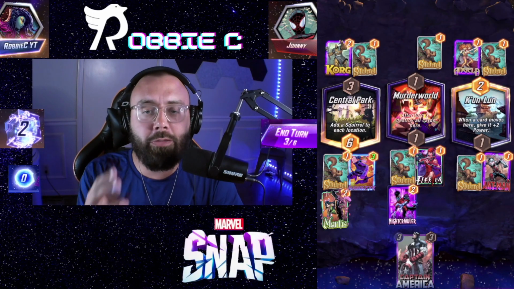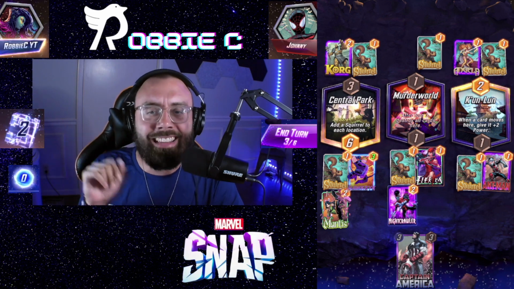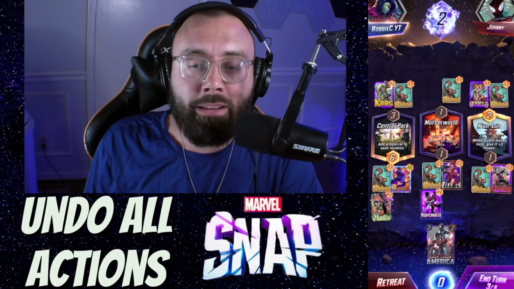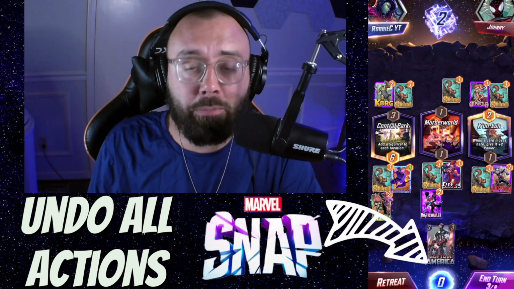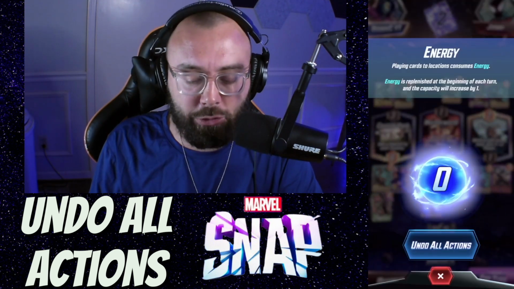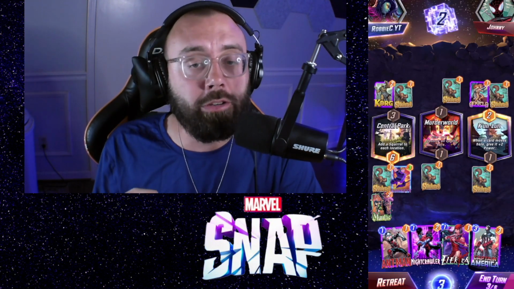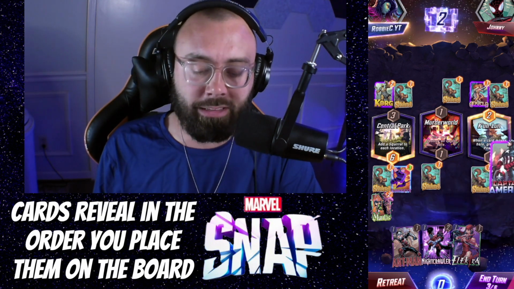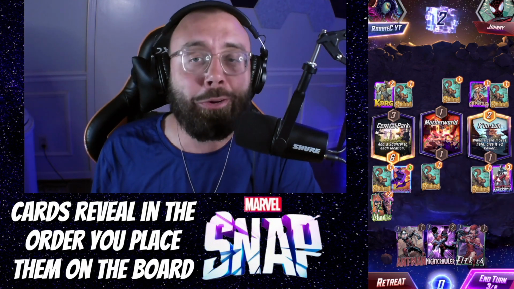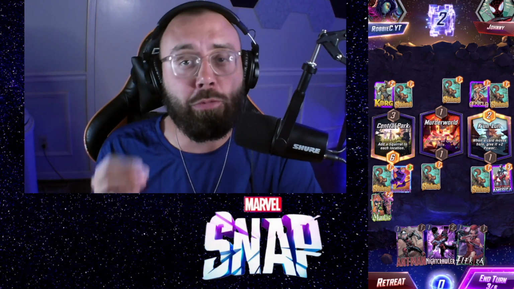Now for our third feature, something that I want to highlight, and we have the streamer setup screen, it can often get hidden in the options. The power button at the bottom of the screen actually has a reset button built into it. If you simply tap that power button, you can hit undo all actions, and it's going to return all of the cards that you played to your hand so that you can ensure that cards are actually landing down on the board in the correct order of reveal, because sometimes that can be the difference between winning 8 cubes